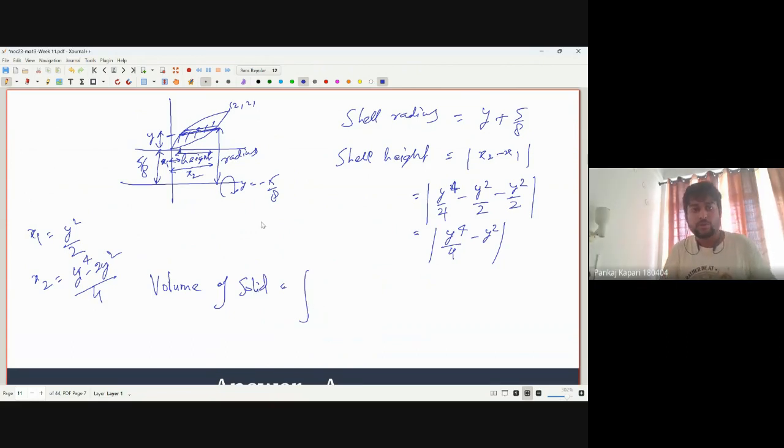So we have to integrate along the y-axis, right? And the whole length is 2. So y varies between 0 to 2, and 2 pi times the cell radius. So what is the cell radius? It's y plus 5 by 8,